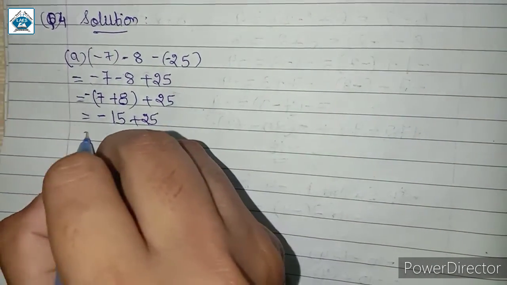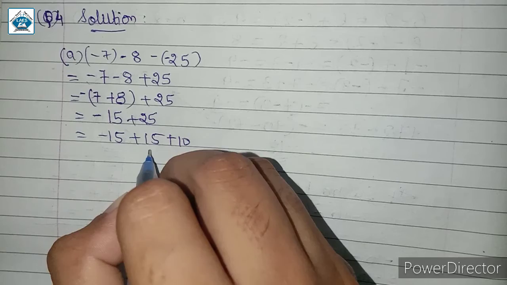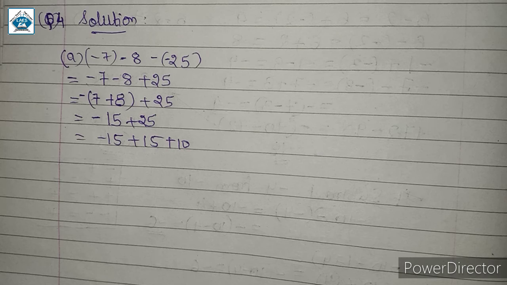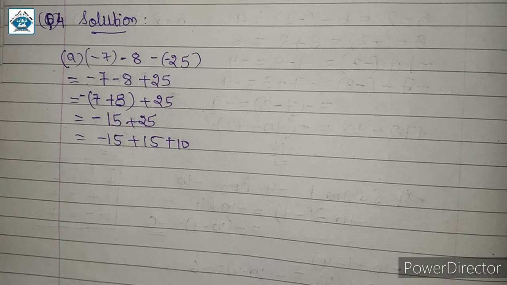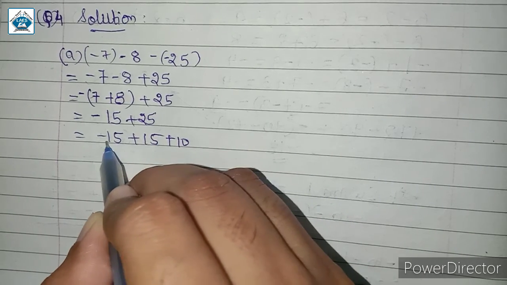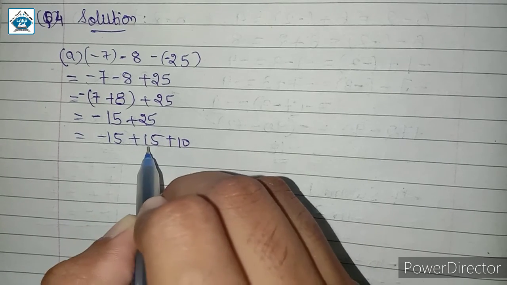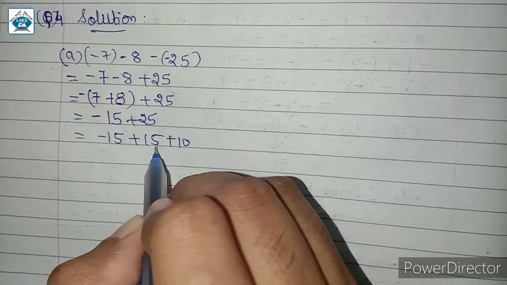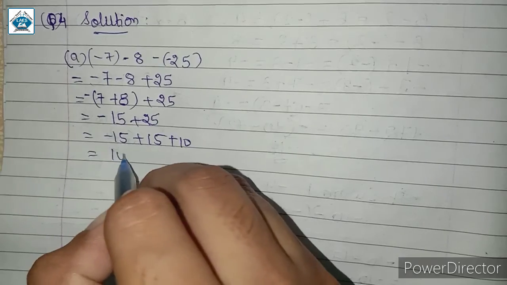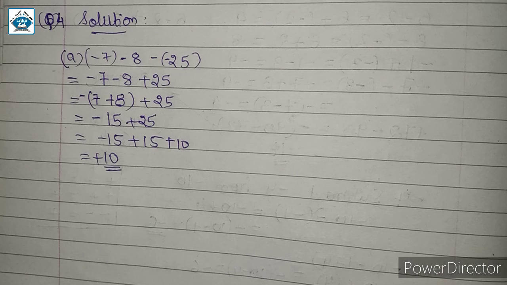Now plus 25 can be written as 15 plus 10 है ना. 25 is nothing but 15 plus 10. क्यों लिखा, जैसे हम लोगों ने last exercise में solve किया था, we are solving this in the same way. So here 25 is written as 15 plus 10 because 15 minus 15 becomes 0, right? 15 is the additive inverse of minus 15. So we will make 25 the additive inverse of the given number plus whatever is left out. So here 15 minus 15 is 0. What is left out is plus 10. So this is equal to plus 10.